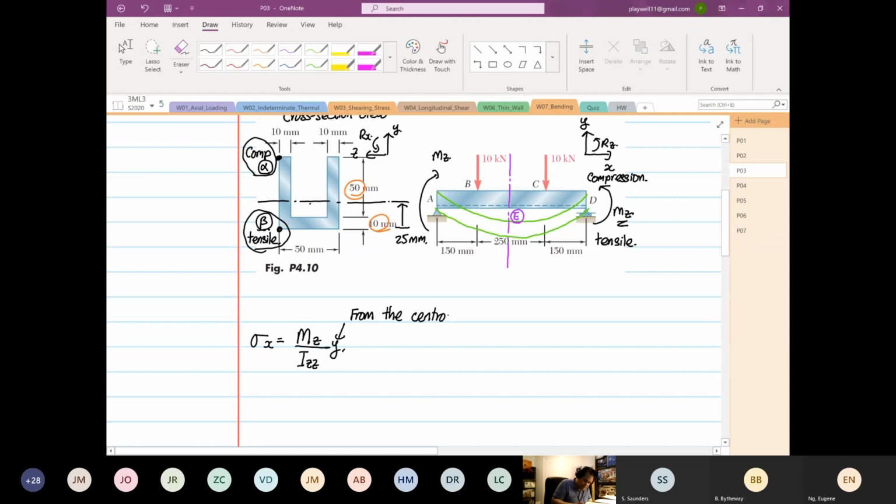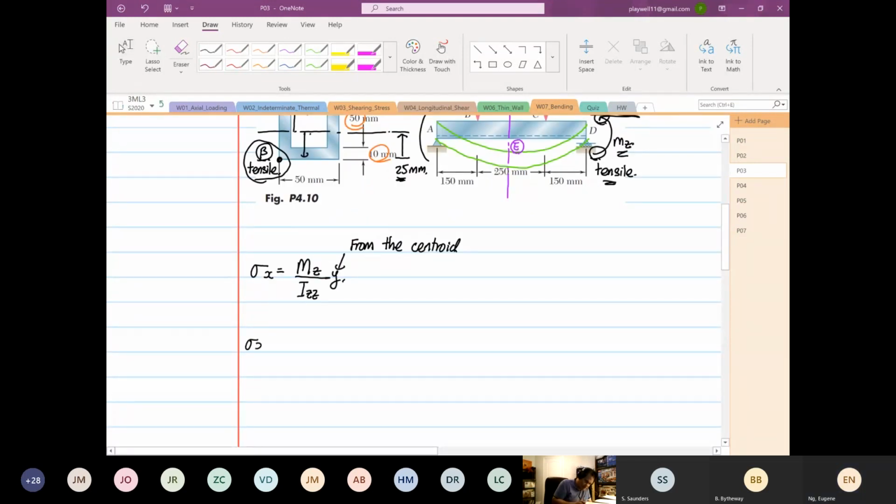So the distance from here to here and the distance from here to here. We know that for beta, Y is equal to 25 millimeters. For alpha, Y is equal to what? 35 millimeters, yes or no? Based on our analysis, we know that alpha will be under compression because of the tip of the moment arrow, and beta will be tensile because it's at the bottom end of the moment arrow. Now we want to find stress X